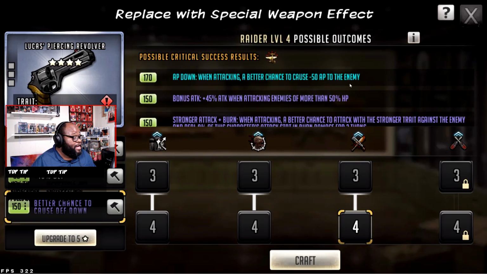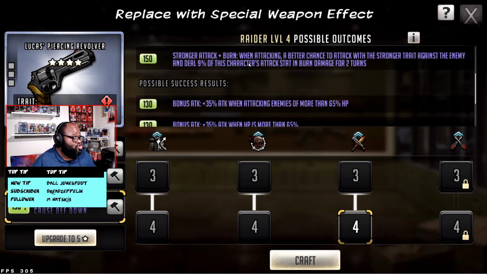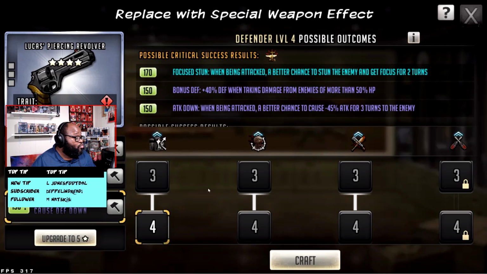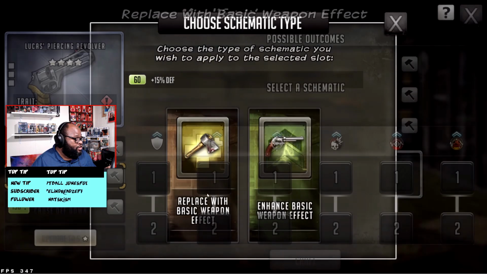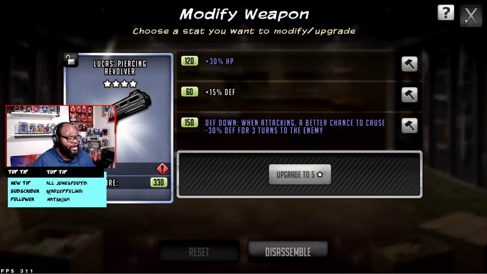Don't need it. So we have AP down, a better chance to cause 50% AP down when attacking an enemy. Once again, that bonus 45 AP is good, and so is this strong attack. It's good if you're building an attack toon. Now on defense, the main focus here is the focus stun. You want to try to go for focus stun on the 4th slot, 3rd slot with your defensive weapon, and then from here you want to build this up. I would say keep going HP. Go for defense here, just to get that 30% so you can get the 120,